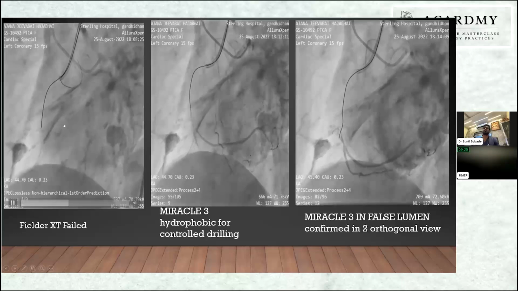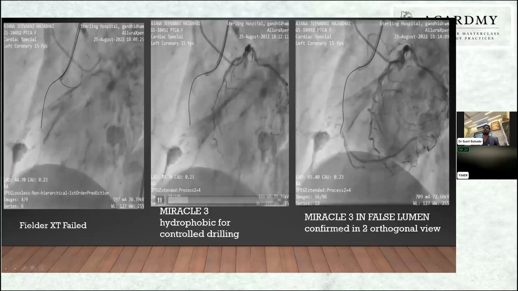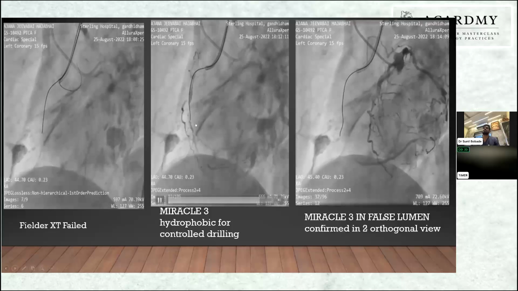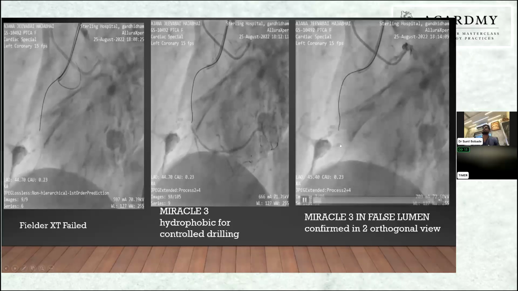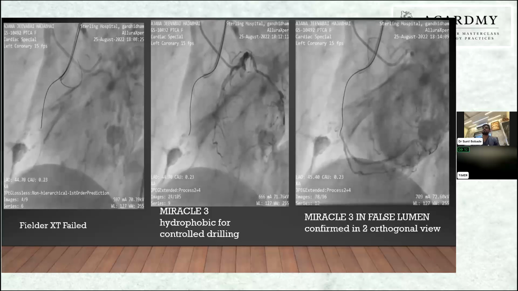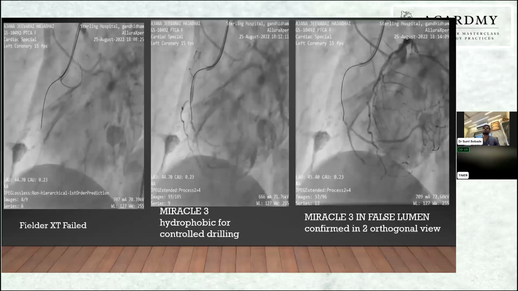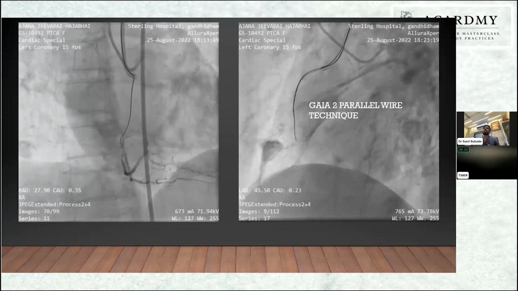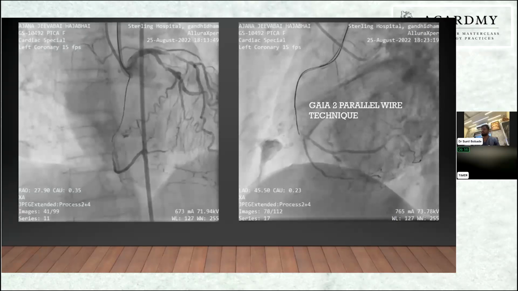So we started with a steeper wire, Miracle 3, which is hydrophobic and good for controlled drilling. But we entered the false lumen, that is the extra plaque space. You can see clearly in two orthogonal views that the Miracle is in the false lumen. So the next plan was to use parallel wiring, keeping the Miracle in place. We started with Gaia 2,